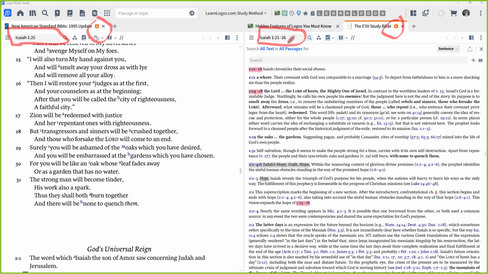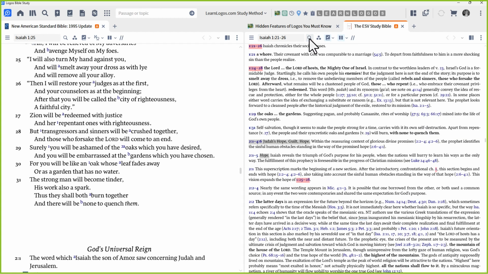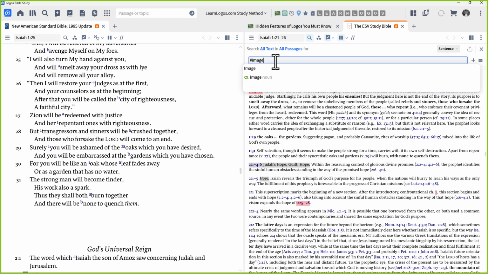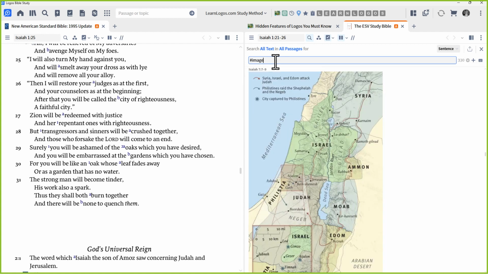If this was a Bible cross-reference and let's say a dictionary, for the most part, those don't work. All right, now what do? The next thing you want to do is click on this little button here, the inline search button. We'll click on that and then choose search, and you're going to type in the following command, #image, and press enter. What that's going to do is hide all the text and only show you the